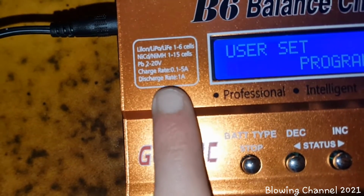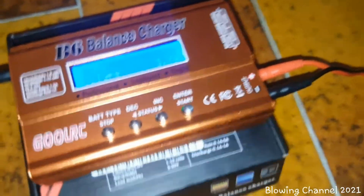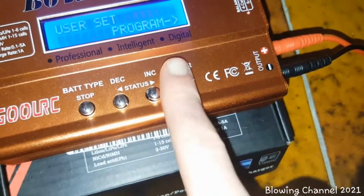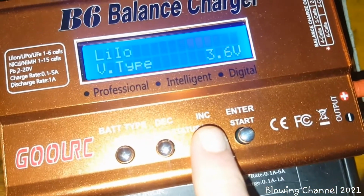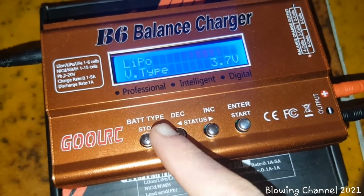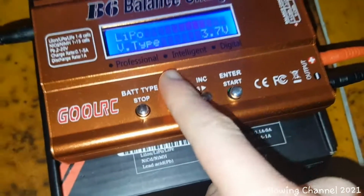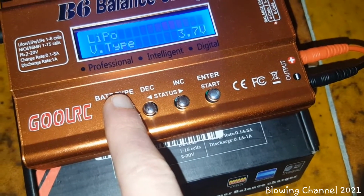This also discharges, and you can measure the capacity of the batteries by discharging them. The maximum is 1 amp. But anyways, let's get into the settings, and I can choose here the type of the battery. This is LiPo. Not sure what happened, but my cell phone stopped recording. But anyways, I was saying you can choose, but I usually use LiPo